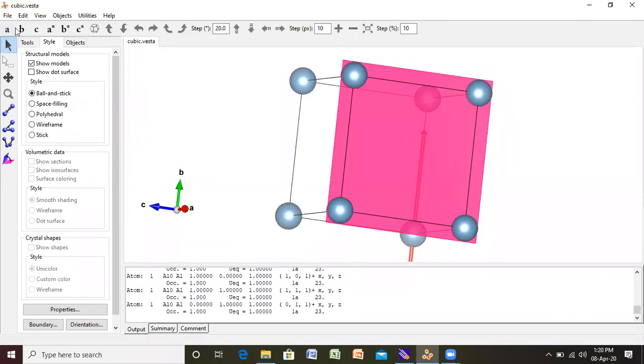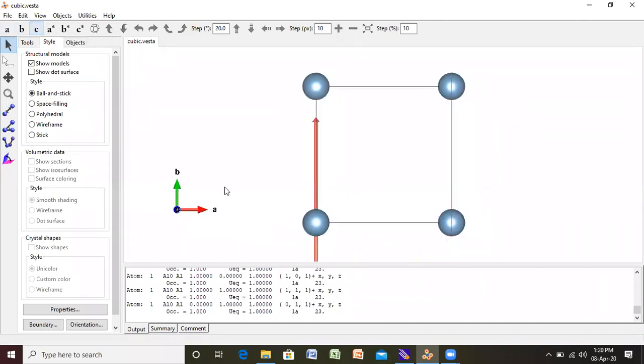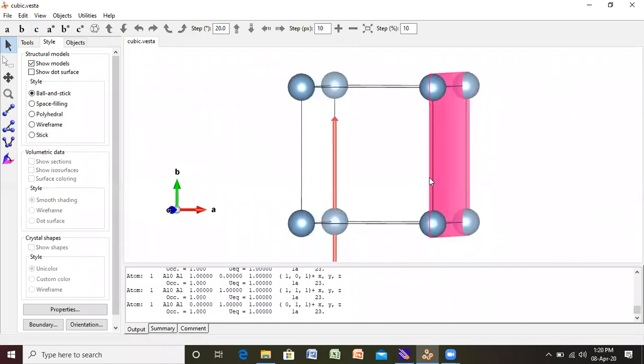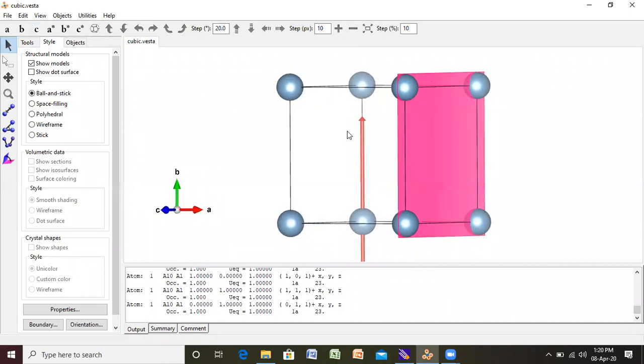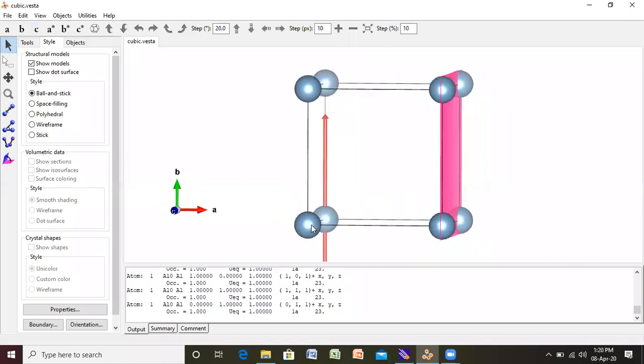Okay, if I take the origin here, if this is the origin, then this plane is parallel to, suppose, y-axis. This is, suppose, y-axis. So you can observe that this plane is exactly parallel to y-axis. I mean कि ये आपके पास y एक्सेस है, तो इसके पैरेलल एक प्लेन बन रही है, ठीक है ना।